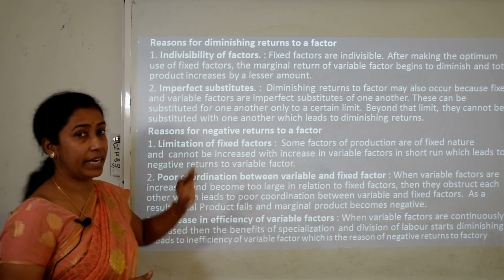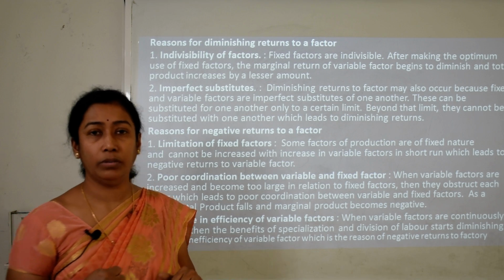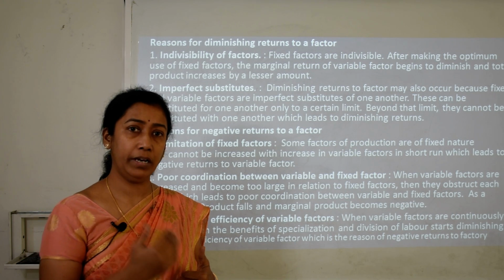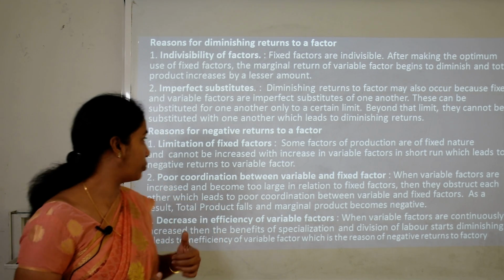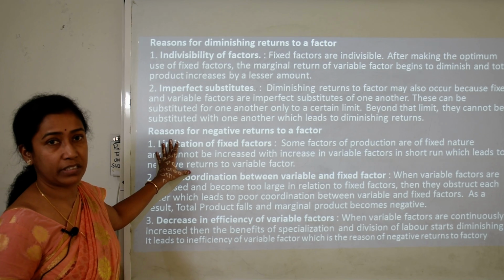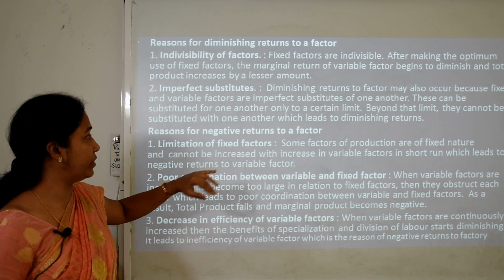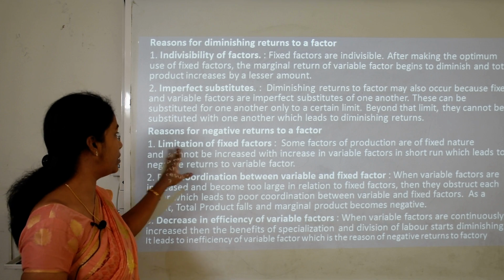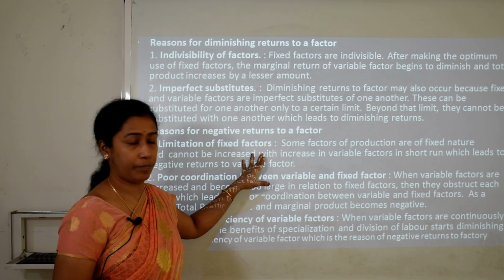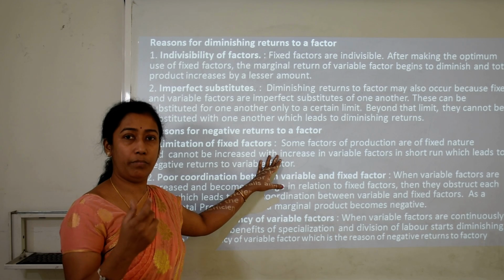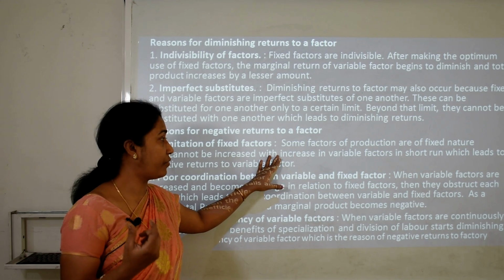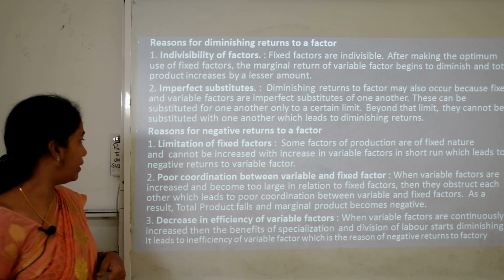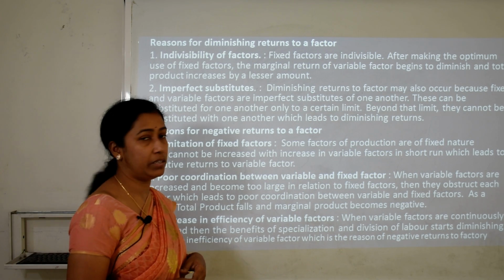Now the reasons for the third phase which we have found: marginal product becomes negative and there is a fall in total product also. Now this particular phase can be called negative returns. Now what are the reasons for these negative returns to a factor? First is limitation of fixed factor. That means there is always a limit to the use of a piece of land. Some factors of production are often fixed in nature, like land, and cannot be increased with an increase in variable